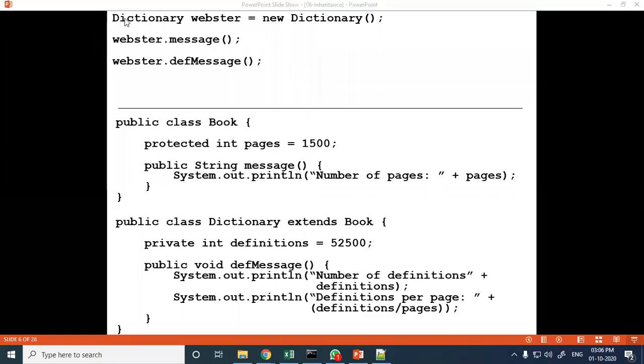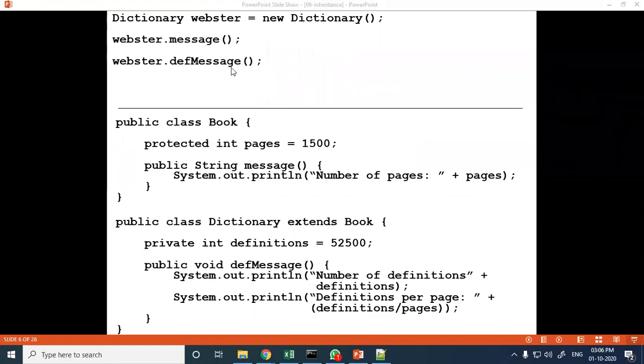Now in the main function, if you define this dictionary Webster, Webster is the object or reference of dictionary class, new dictionary. So an object is created of the dictionary class, meaning the derived class. Now Webster dot message, so the message function is called. So here it will print number of pages 1500.